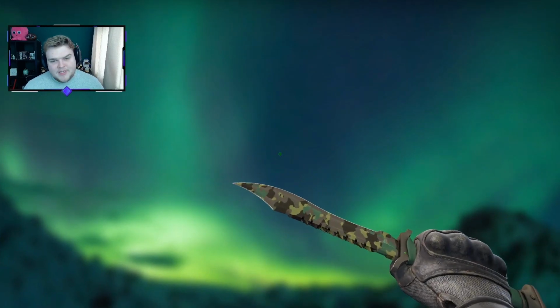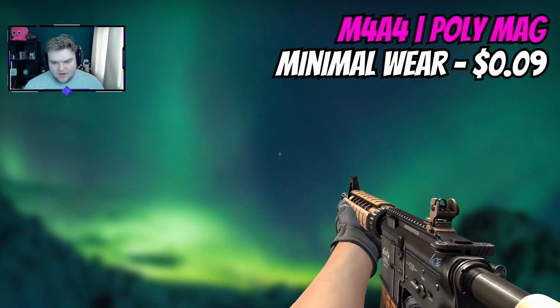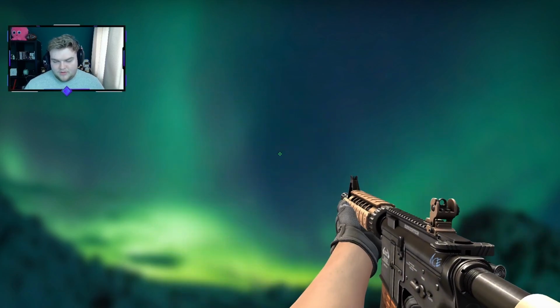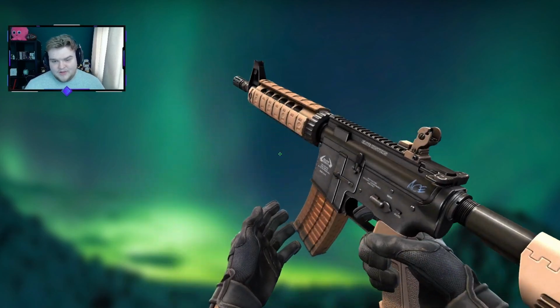Now, speaking of being cheap and fitting the theme, we have a 9 cent, I almost said $9, 9 cent Polymag here. Obviously you can see the magazine through it. It's got this sort of desert brown on it, and then it's just that gunmetal on the base or on the main part of the gun. This looks incredibly good for the price, and for 9 cent to consistently fit into the theme,